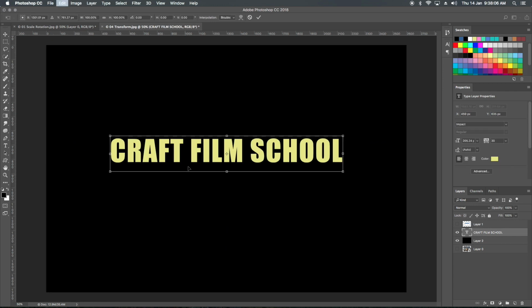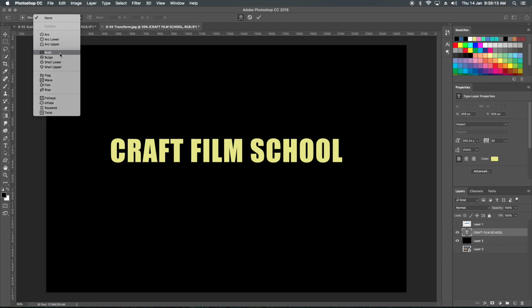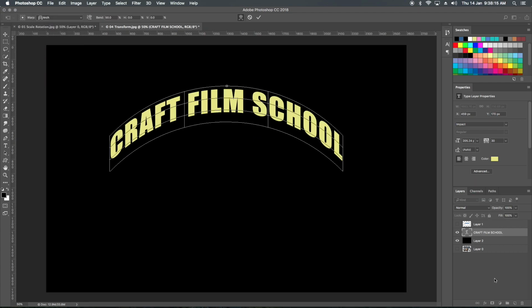Now if I select Command T, go to wrap, and now I change it to arc, you can see we changed our text to a different shape. In some scenarios we have to place our text into arcs and all. We can do all these things with this.